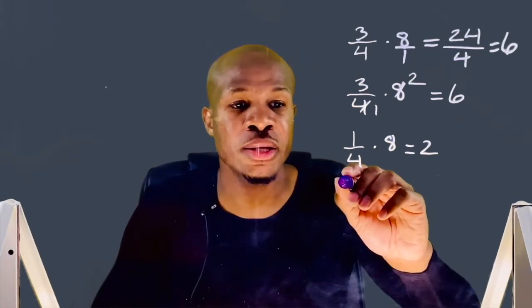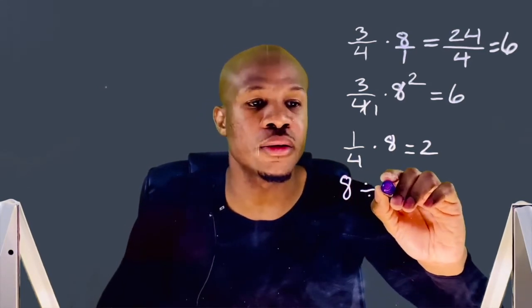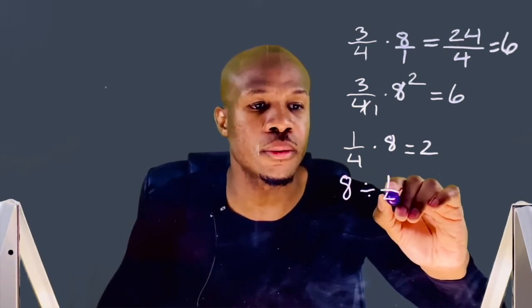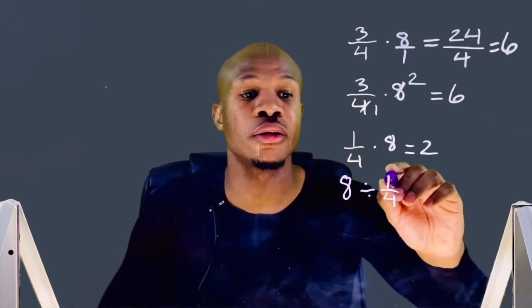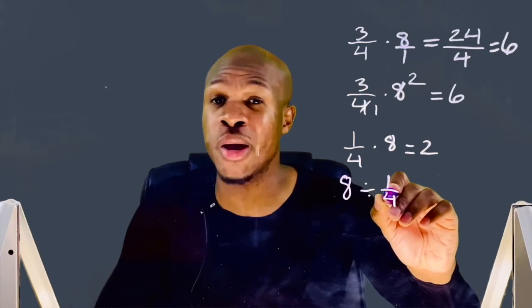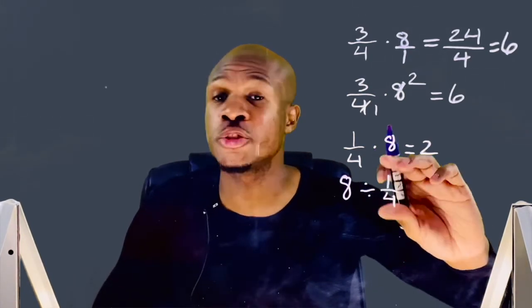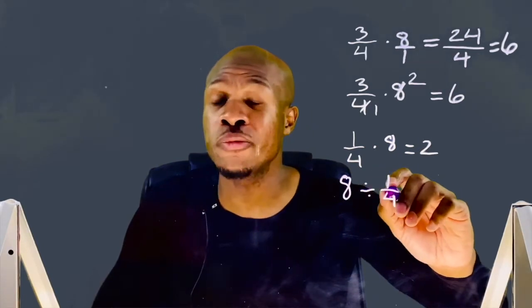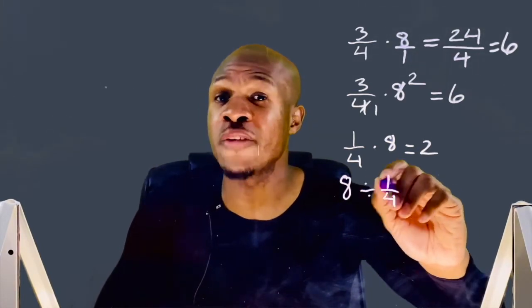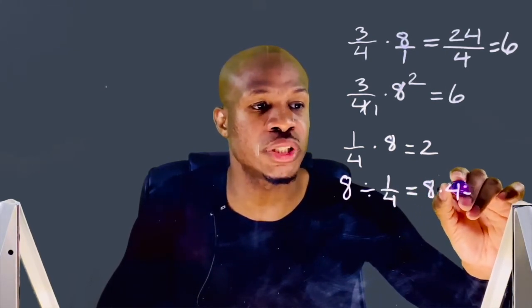So if you have 8 divided by 1/4, so here you're not multiplying by 1/4, you're dividing by 1/4. So you just do the opposite. Dividing by 1/4 is the same as multiplying by 4. So that's just 8 times 4, which equals